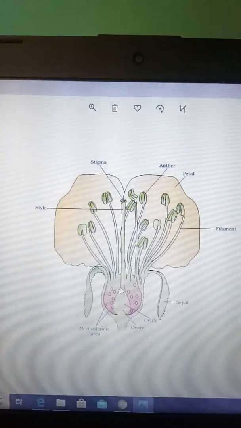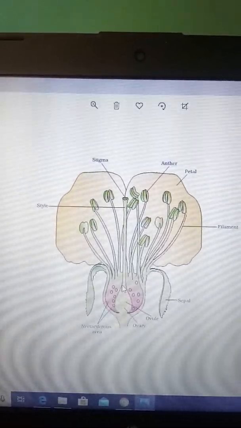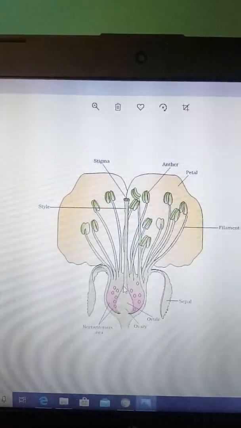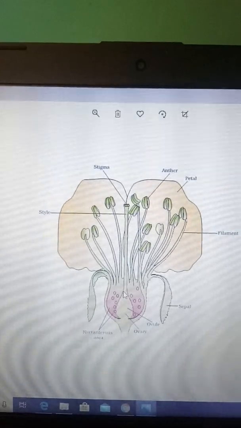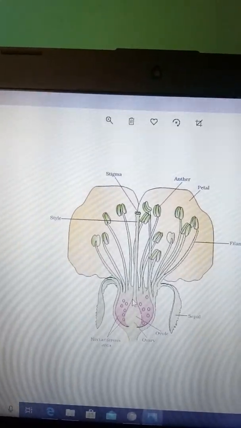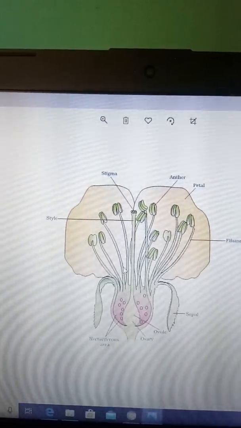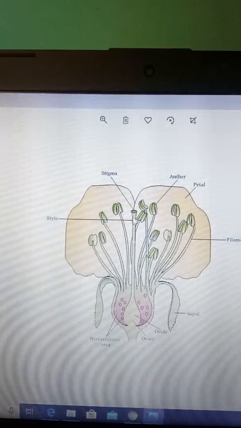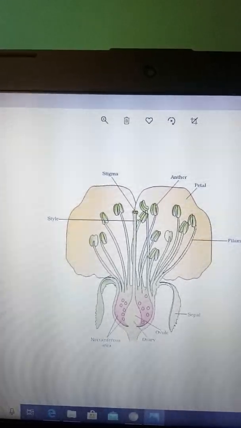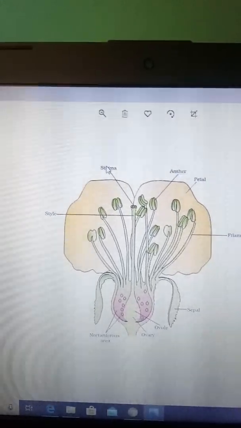So see what is the thing. This androecium and gynoecium, they are the modified or specialized leaves of the flower meant to perform reproduction. So it is clear, I hope, that this carpel or pistil has 3 parts. The base is the ovary, the tube like structure is known as style, and this platform like structure or stage like structure, which is sticky generally in nature in some flower, is known as stigma.